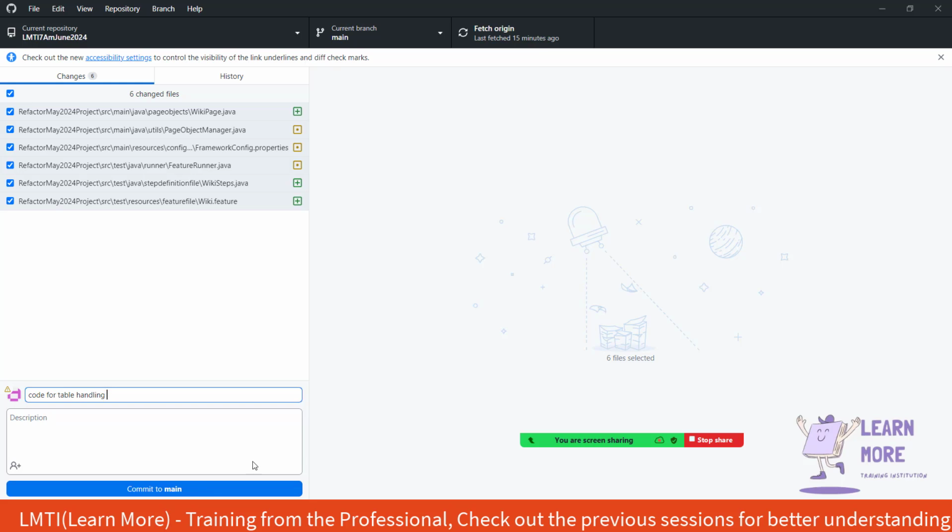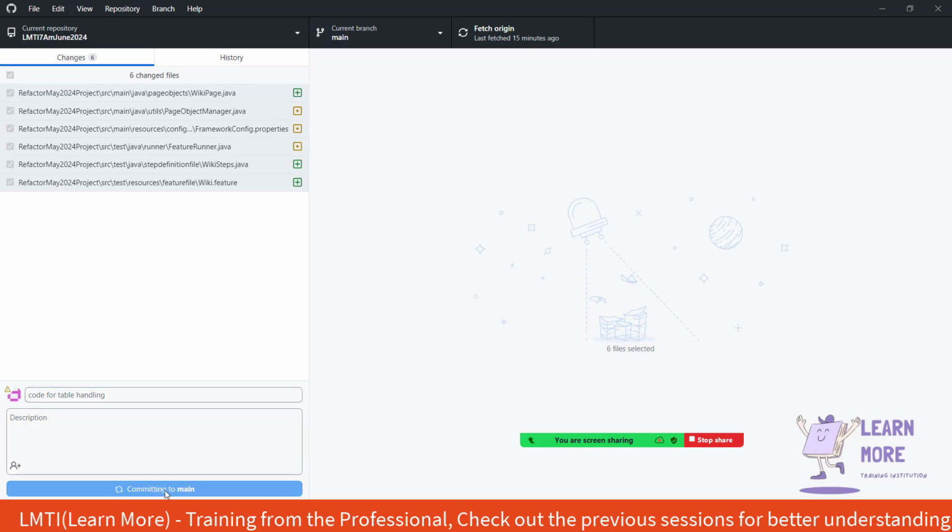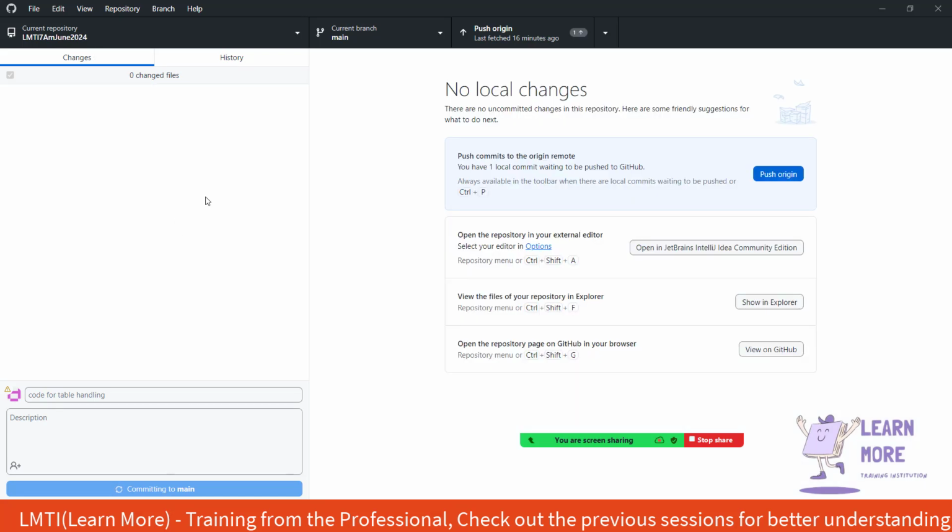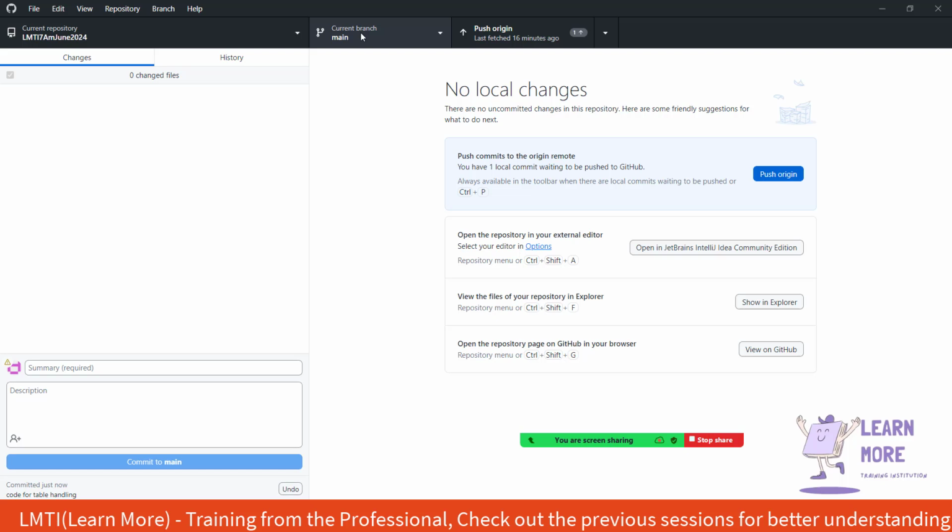Now, as I'm controlling this main branch, I'm just adding a commit to the main. Whatever code is available locally will be added over there. Now I need to click on this push origin. When I click push origin, the push indicates you are adding new code to the repo. So now my new code will be added in the repository called